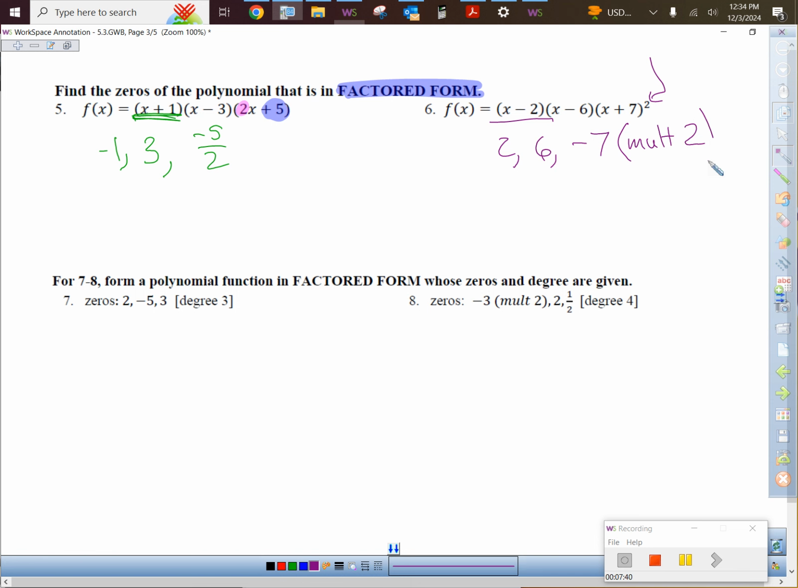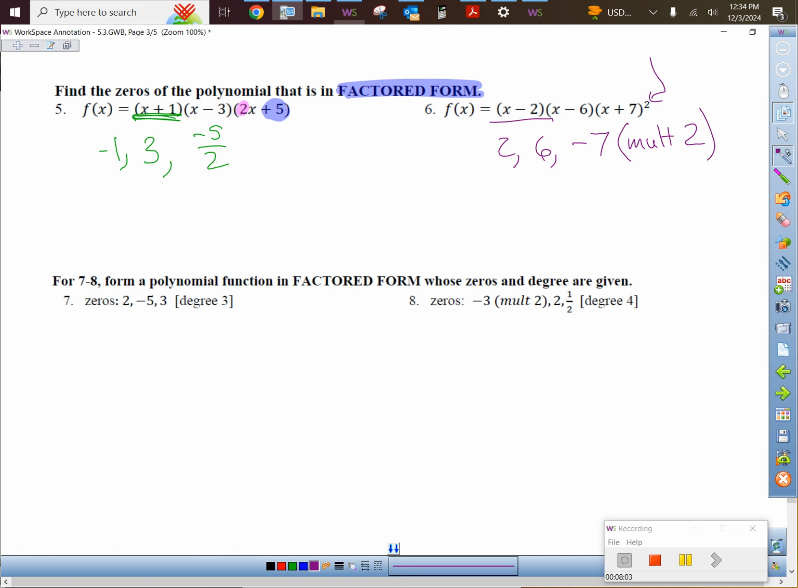And if we graph that guy, there would be a point of tangency at that place. That's where the graph touches the x-axis but never crosses over. There's always an even amount of zeros here because it's got that multiplicity. So interesting, right? They say on 7 and 8, form a polynomial function in factored form from these zeros, so